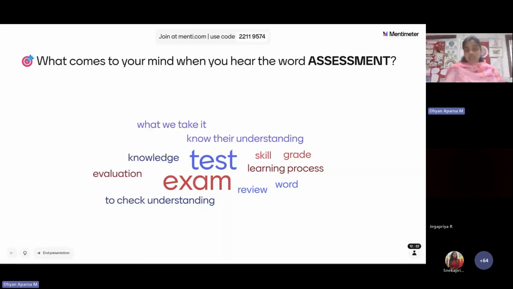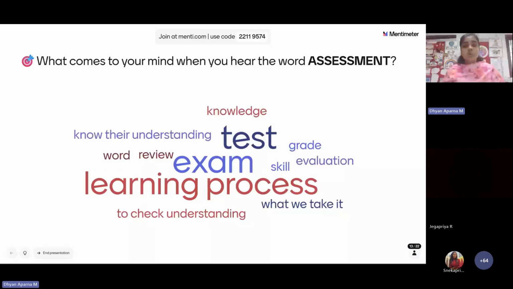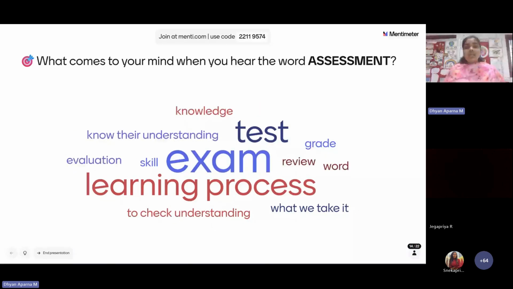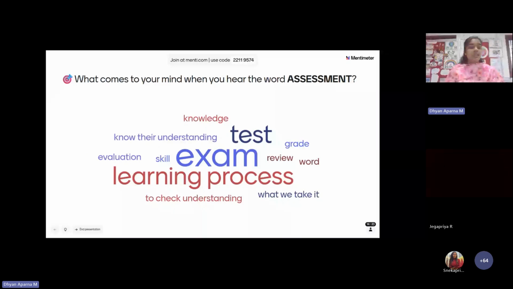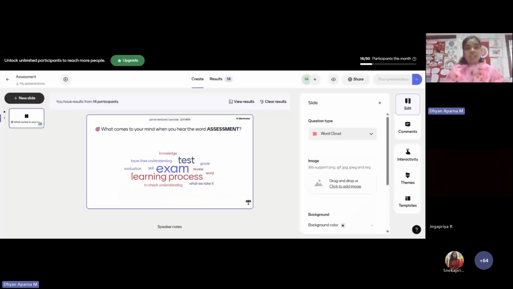And the next big question here is, when do we assess a child? Do we assess them only at the end of the inquiry? No. Assessment can happen in each and every part of their learning journey. For example, we can assess them during playtime, or when they are having a conversation, or when they are exploring something new, or even during inquiry. Assessment can happen in any domain and during any part of their learning journey. And that brings us to our first big idea for the day, assessment for learning.